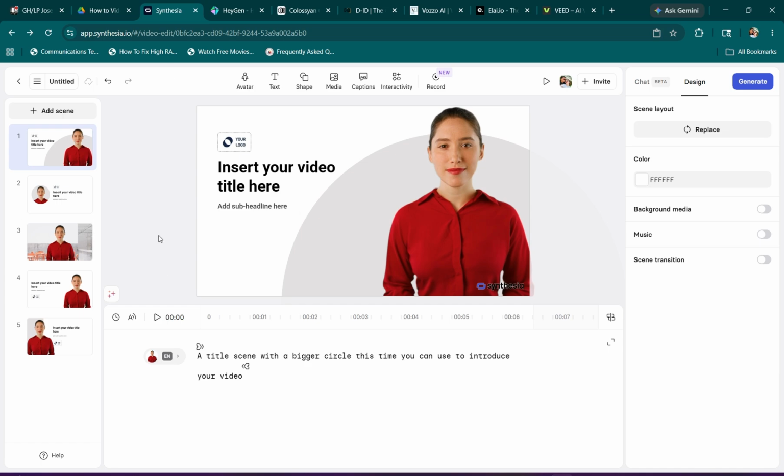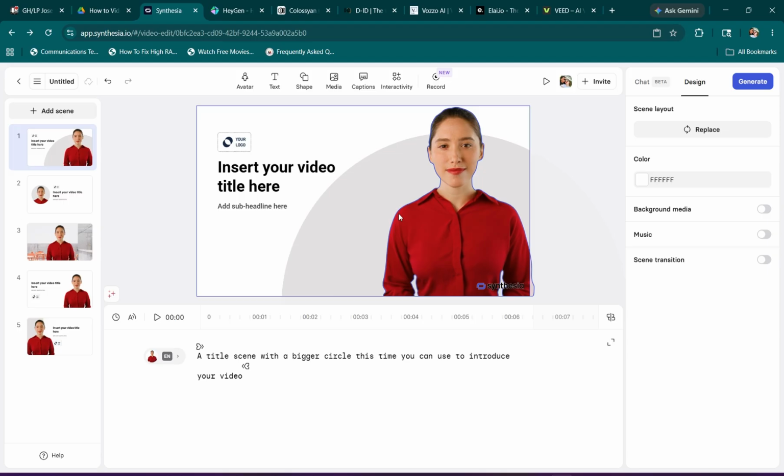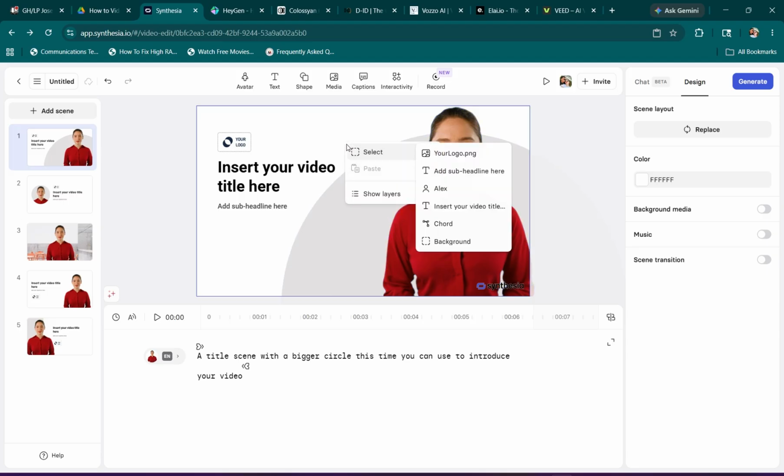To add a background color or a custom background image, click on the scene background in the preview and look for the background options. Select a solid color and use the color picker to match your brand colors. Or upload a custom background image, a branded slide template, a blurred office photo, a colored gradient that appears behind